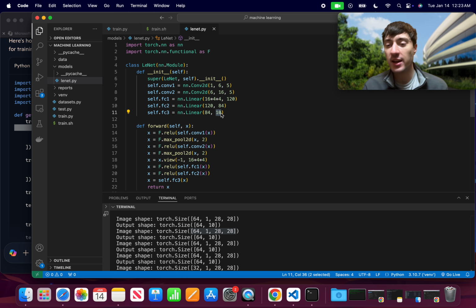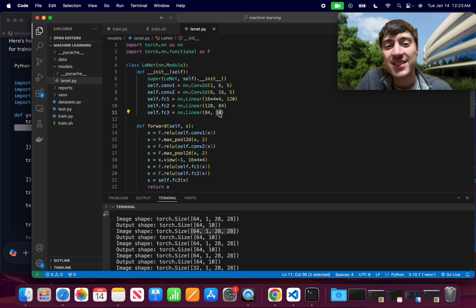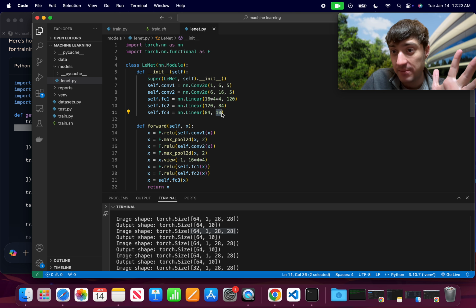We're trying to classify 0 through 9. There's 10 of them. So what I am guessing is that this 10 here is the probability,